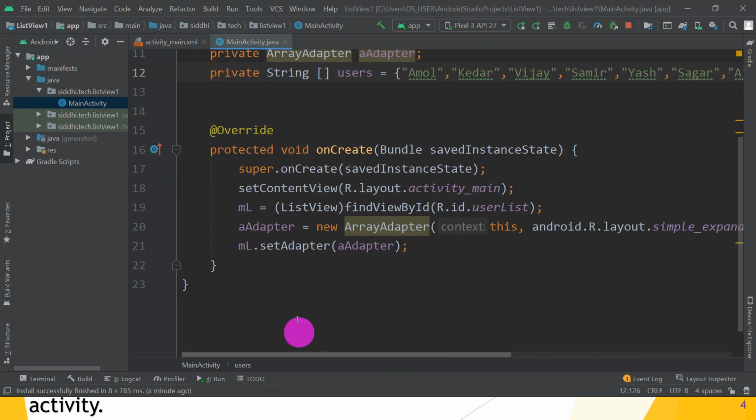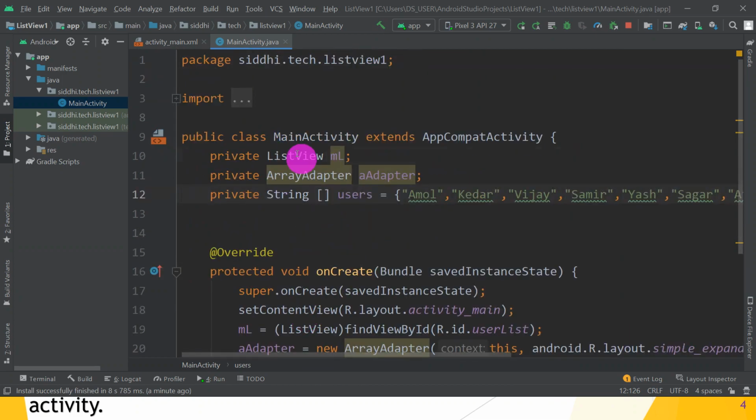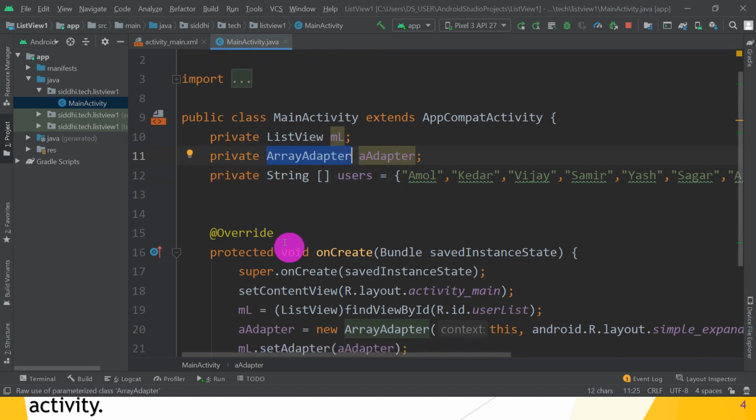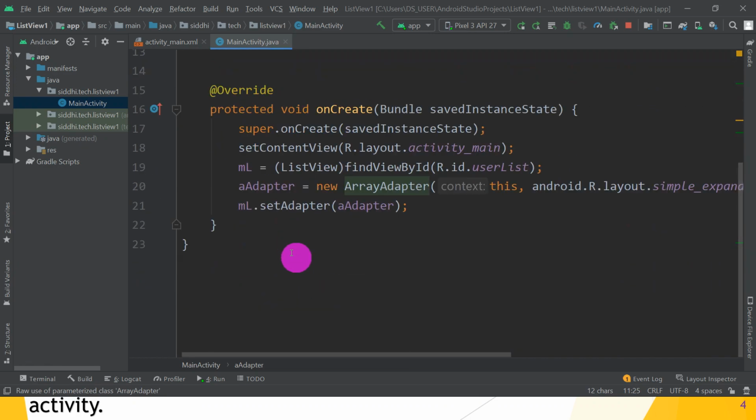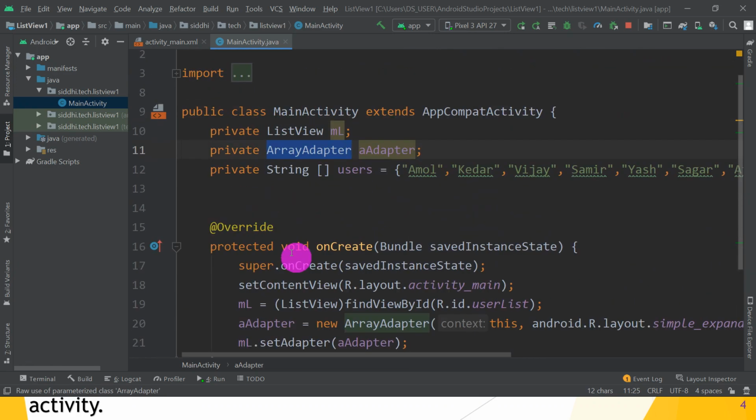Lastly, I will summarize it. What we require: a ListView object reference, then a string array, that is the source, and the ArrayAdapter class. In this way we can associate any ListView to any activity. Great. So this is all about the ListView.